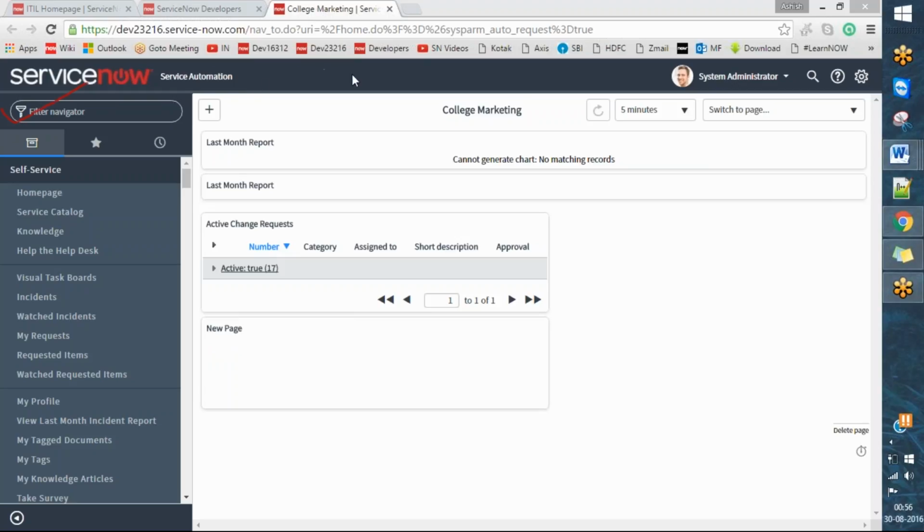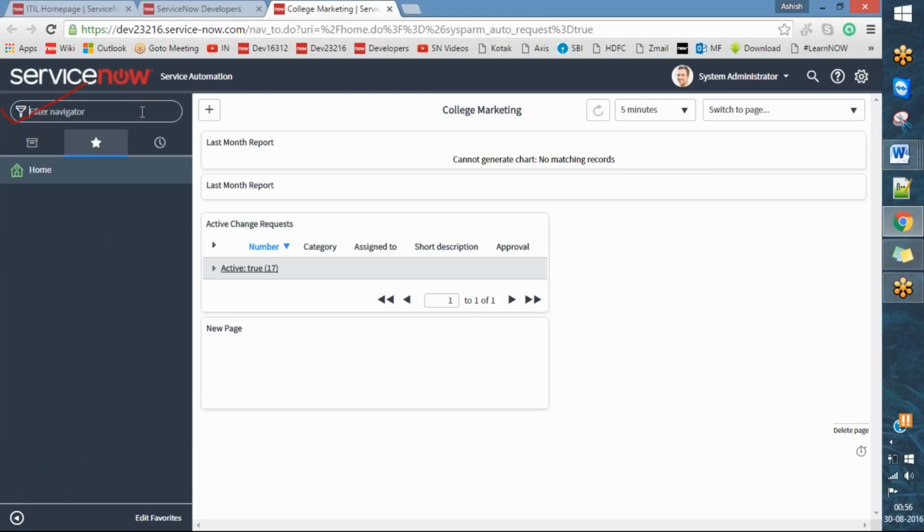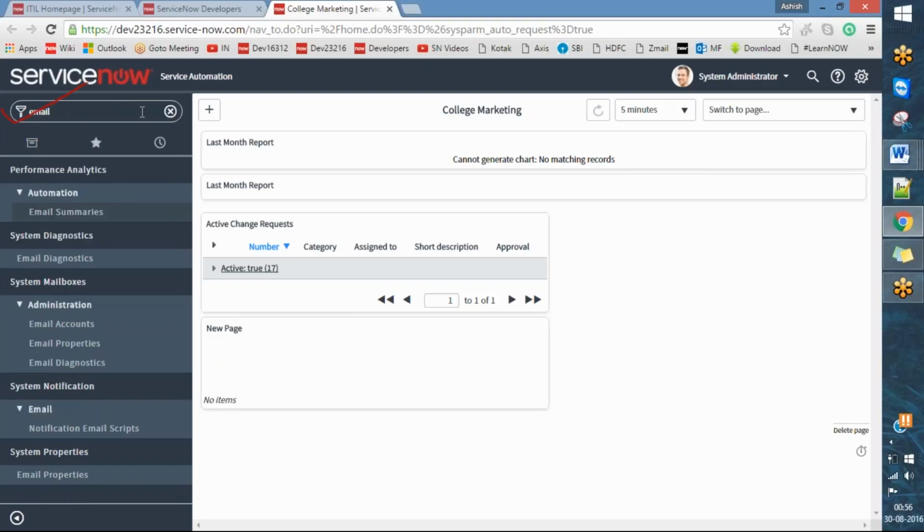What we're going to type is email notifications. Actually, if we compare the ServiceNow mailbox and email notification with your Gmail,